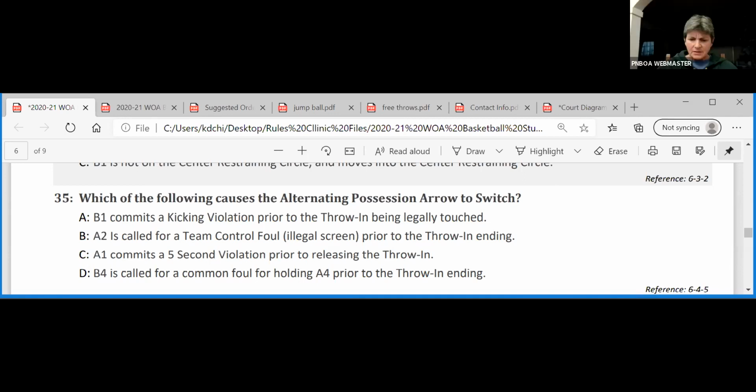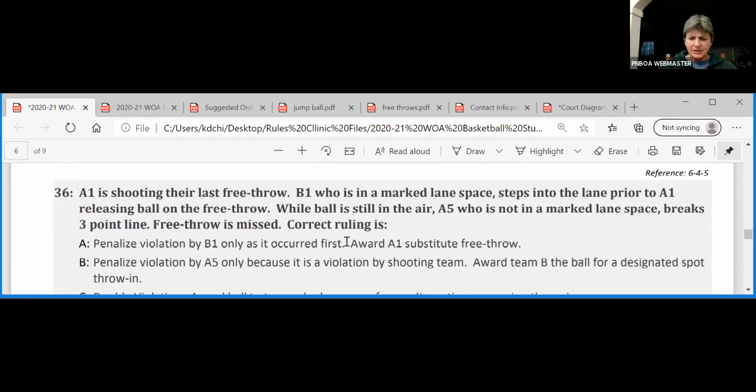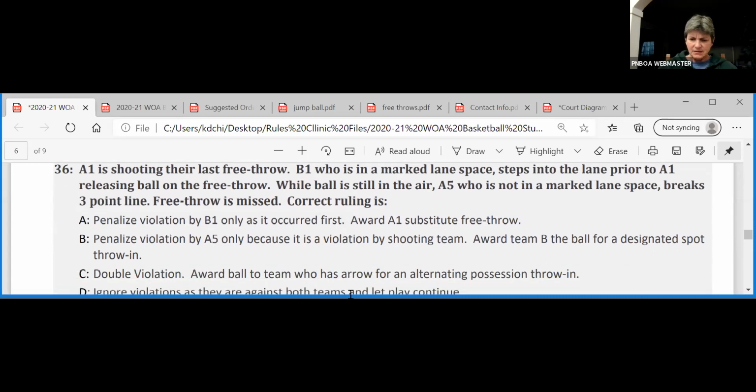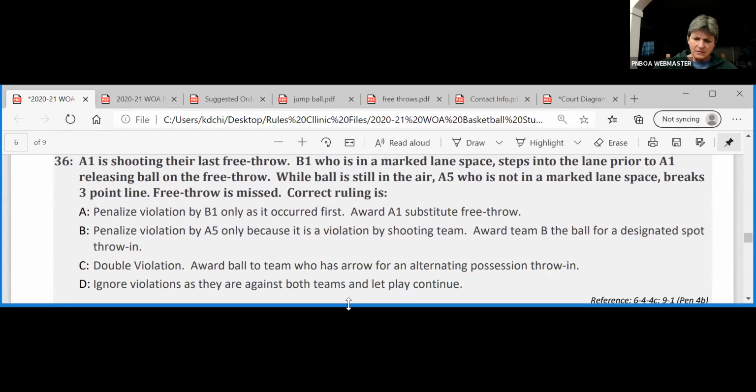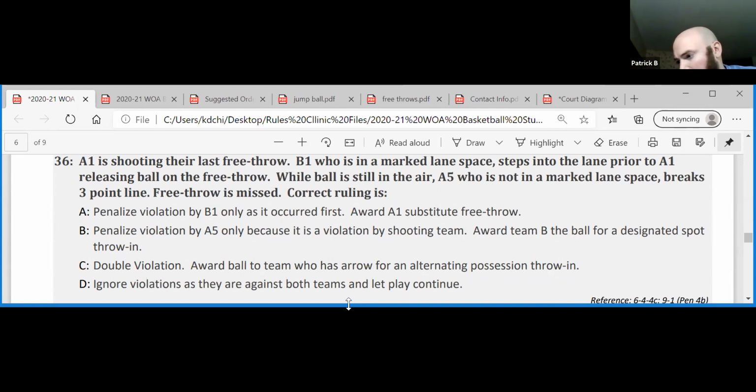36. Doug just did that one, so Patrick is next. A1 is shooting their last free throw. B1, who is in a marked lane space, steps into the lane prior to A1 releasing the ball on the free throw. While the ball is still in the air, A5, who is not in a marked lane space, breaks the 3-point line. Free throw is missed. The correct ruling would be